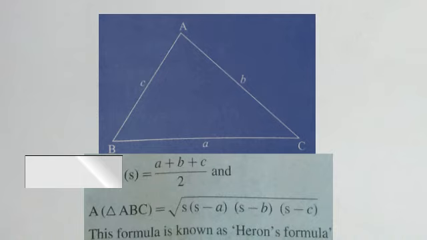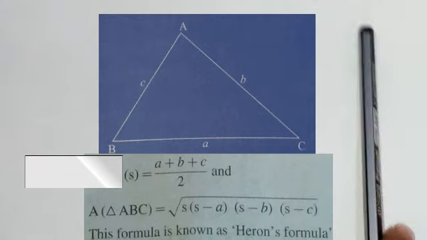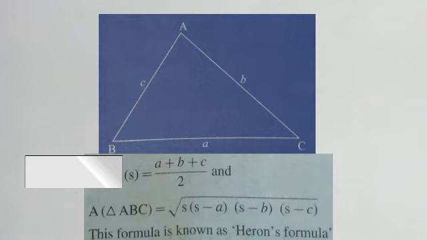So this is one of the formulas, and when we get the s, then we can use this value in this formula. Area of triangle ABC is equal to the square root of s into bracket s minus a, it means this one, in another bracket s minus b, it means this AC side, and at last we have to write s minus c. So these two formulas help us to find out the area of this triangle.